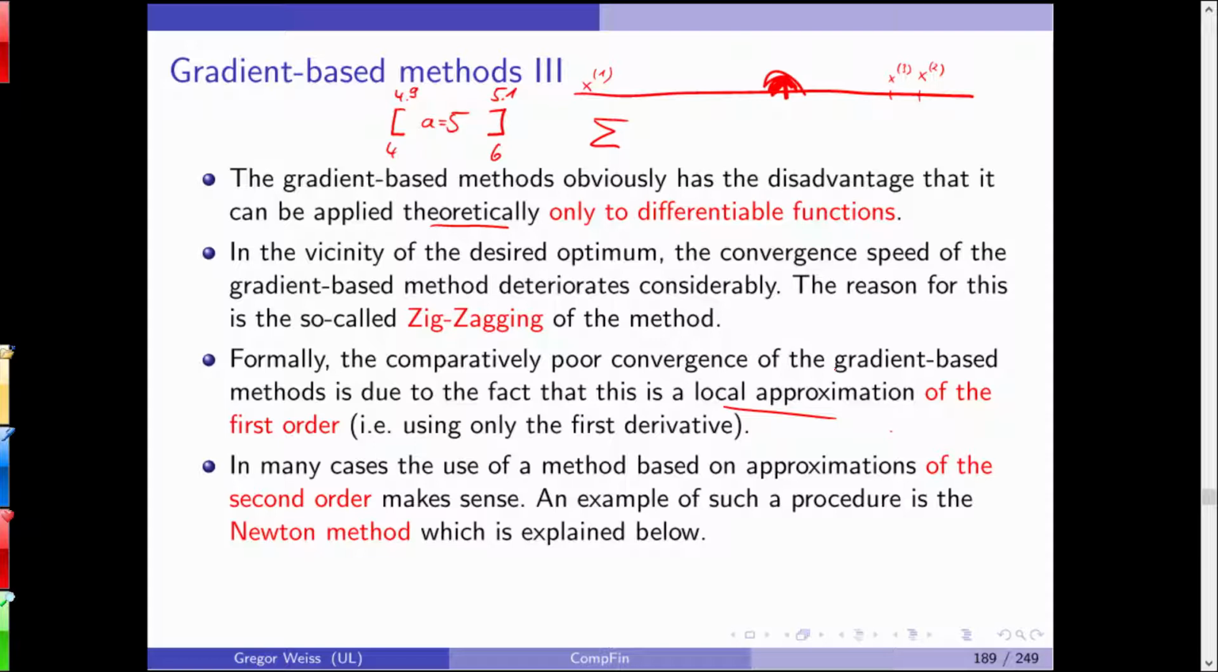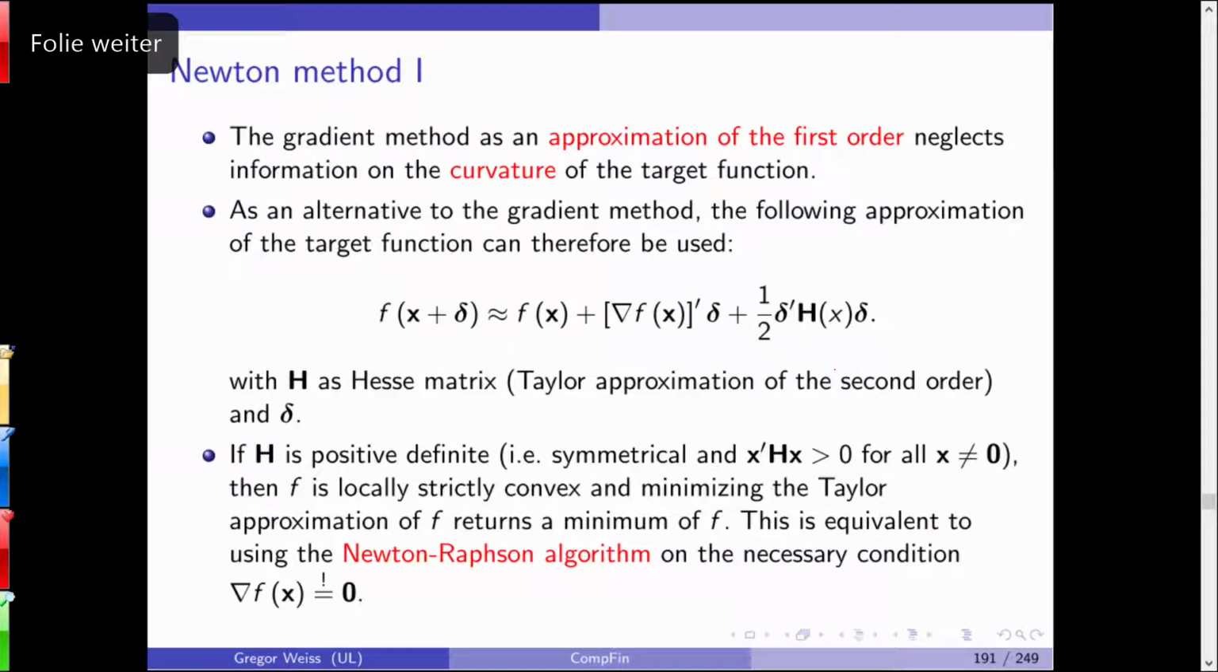Now, in many cases, it makes sense to make an approximation of the second order. One example for such a procedure is Newton's method. We've seen Newton's method in one dimension, and this is the variant for the multidimensional case. Theoretically, if you use a first order approximation, you are only using the first derivative and you are neglecting all the information you have on the curvature of the function. If you want to include this information, you can do so, and you use a second order approximation, and in this